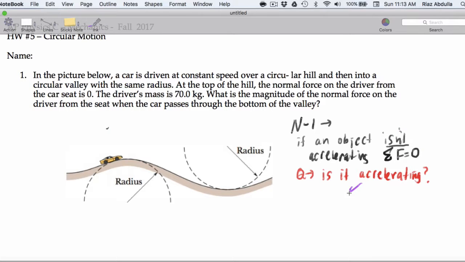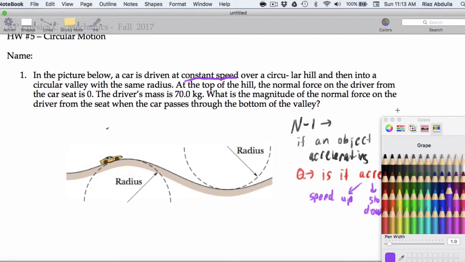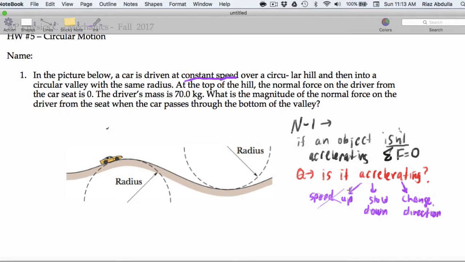It needs to be speeding up, or slowing down, or it needs to change direction. So in this problem, we're told that we keep a constant speed,